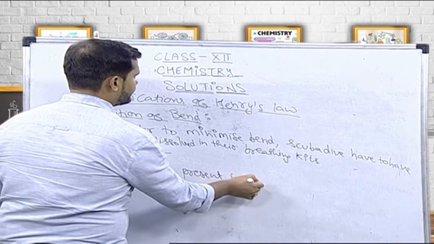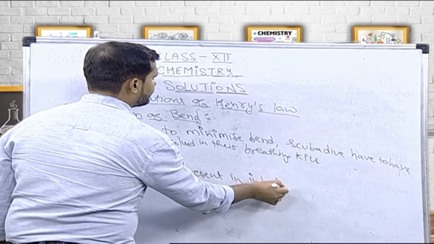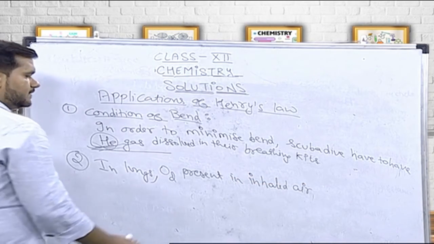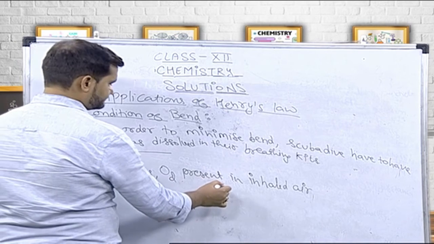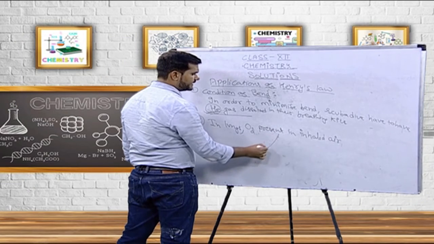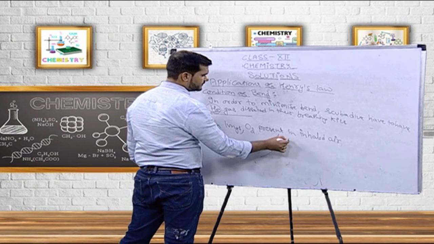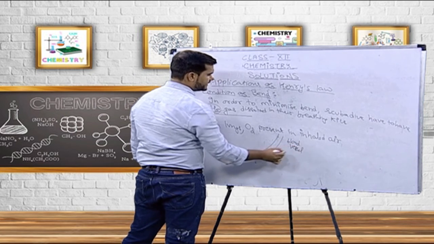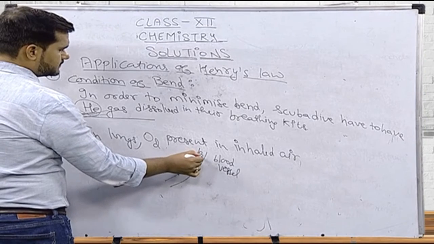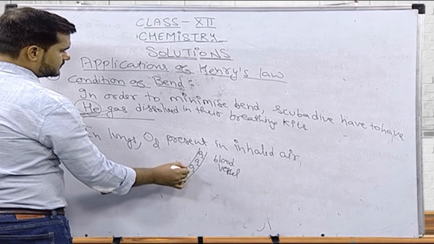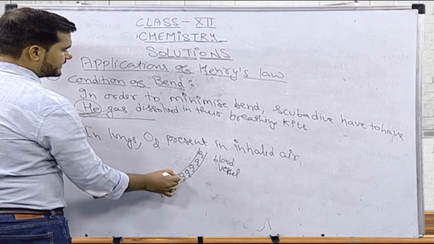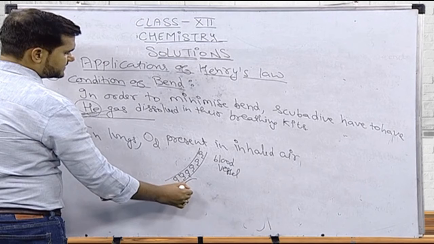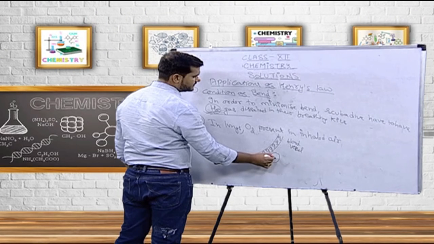When this oxygen is absorbed by a blood vessel, there will be oxygen present in the blood, and this blood vessel reaches the cells